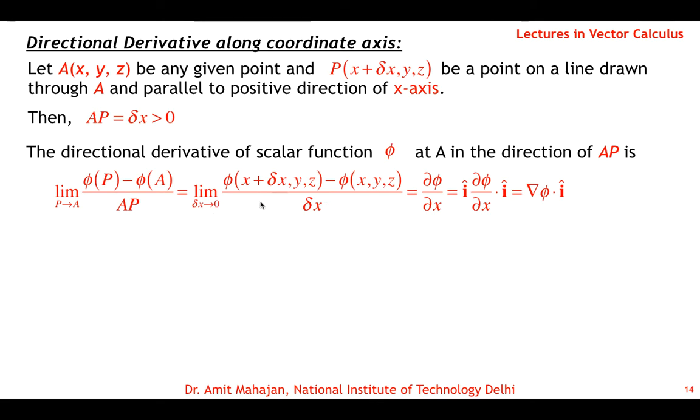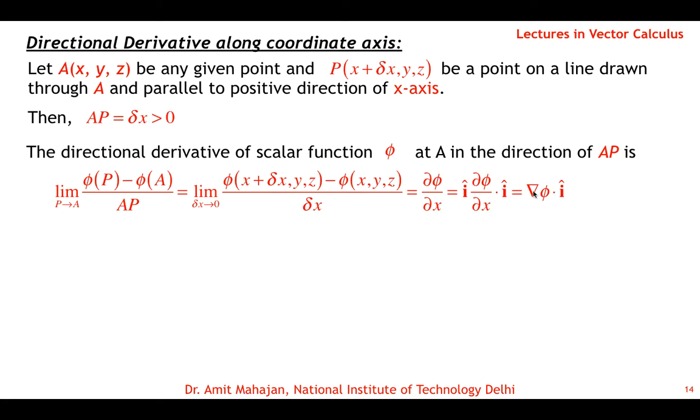Which is by definition the derivative definition of the function with respect to x, the change in x divided by delta x. So it is the same as the partial derivative of the function with respect to x, and we can write it as the dot product of I cap with partial derivative phi with x, because I dot I is 1, so it gives the same as partial phi with x. And so we can write it as gradient of phi dot I